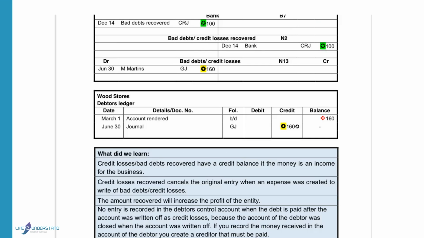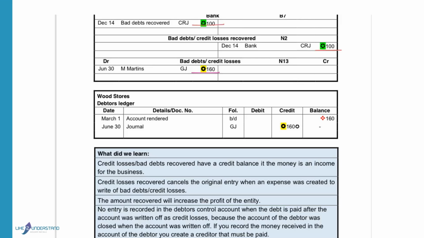The debtors control account had a balance on the debit side. When the person didn't pay his account, we credited the debtors with 160 and debited bad debts to close off the debtors control and create the expense. When we receive this money, we debit bank to increase the money in the bank and we create an income,